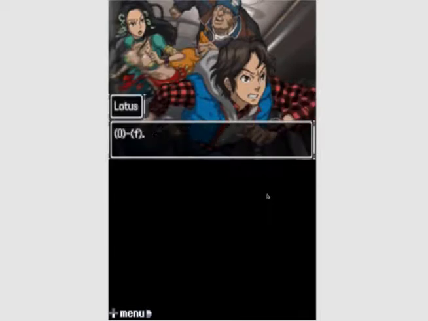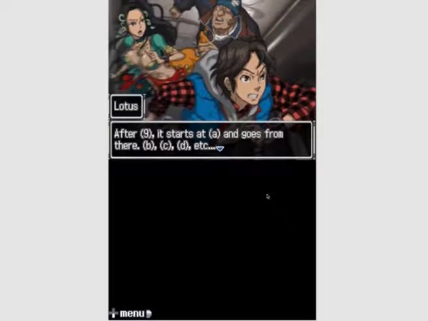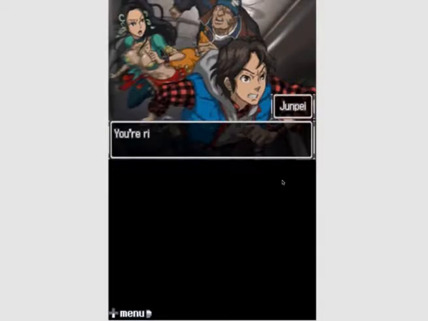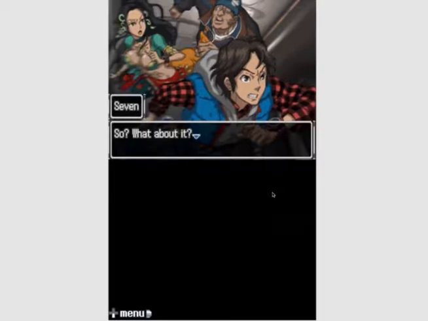Then how about base 16? 0 to F. After 9, it starts at A and goes from there. B, C, D, etc. You're right. In other words, A in base 16 is 10 in base 10. B is 11, C is 12, D is 13, and so on. So, what about it? You don't get it?